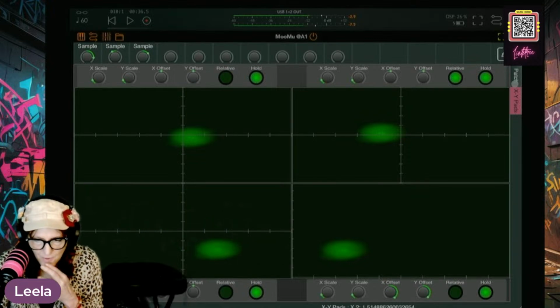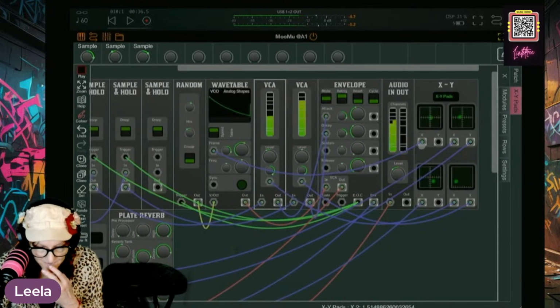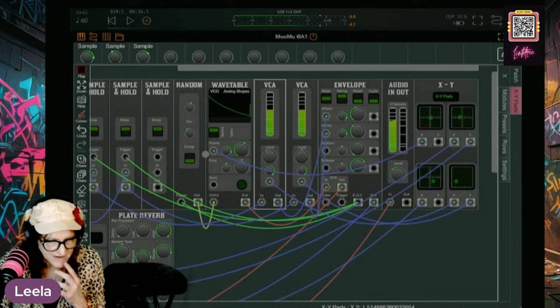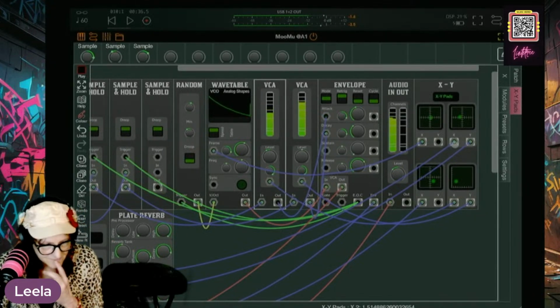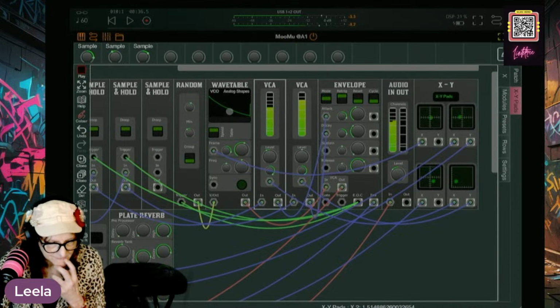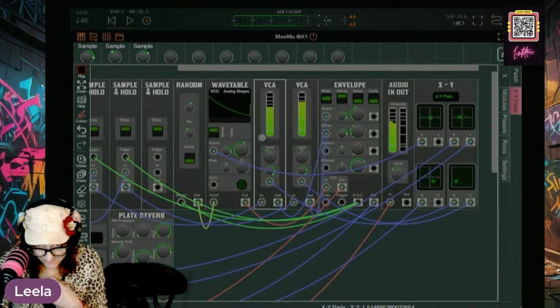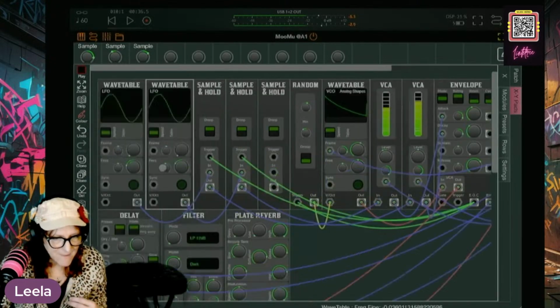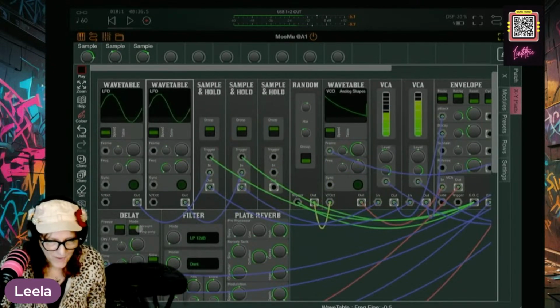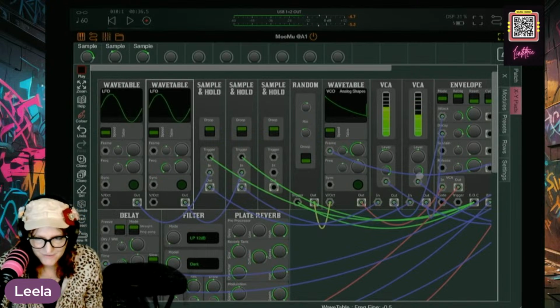Let's find out where our XY pads go. So X is going to the frame of a wavetable. Sample and hold, wavetable, wavetable. This just sounds crazy.